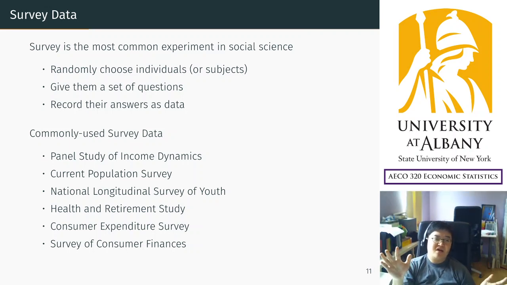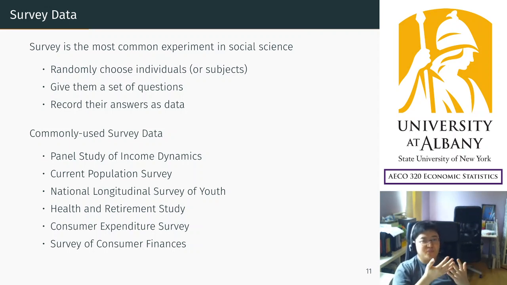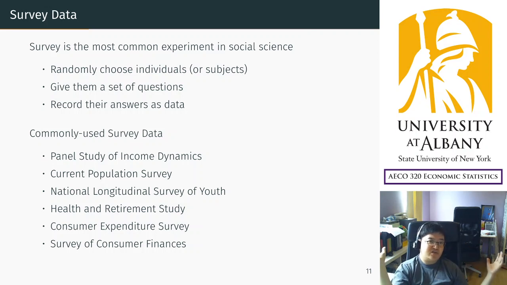And typically, in most of the social science data, the randomness is coming from the randomization in survey. Who you choose, and whether you are lucky, then you will choose a very rich person. If you're unlucky, then you may choose a poor person. So that is the randomness, and that's how we define the distribution of income or wages.